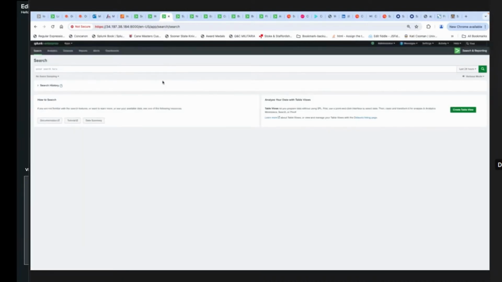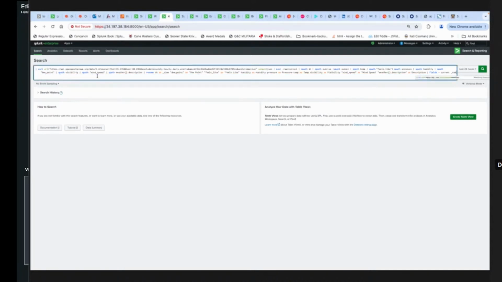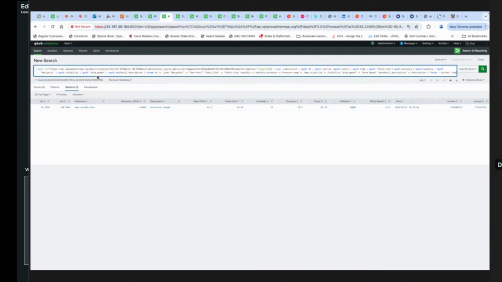Go to search. All this is on a cloud machine at the moment. So here's the curl command. I'm going to take the collect function off the bottom, so I'm not writing it to my index. There you go. There's a REST API call using curl, and then the extraction done from raw using SPath for a JSON formatted REST return.